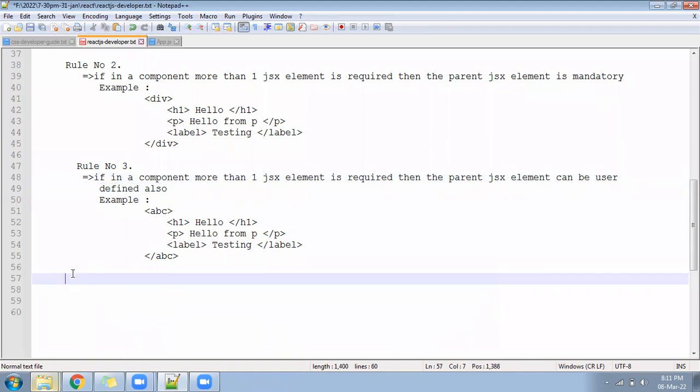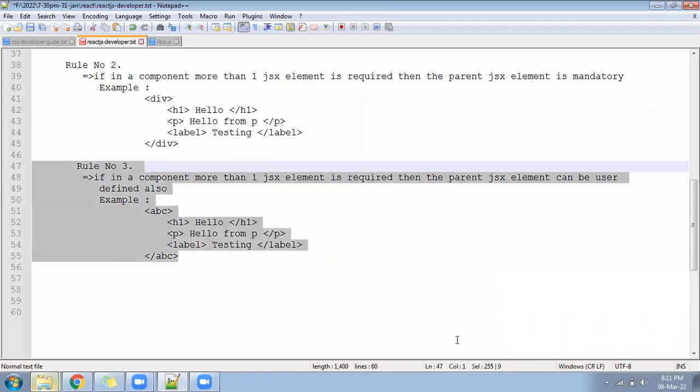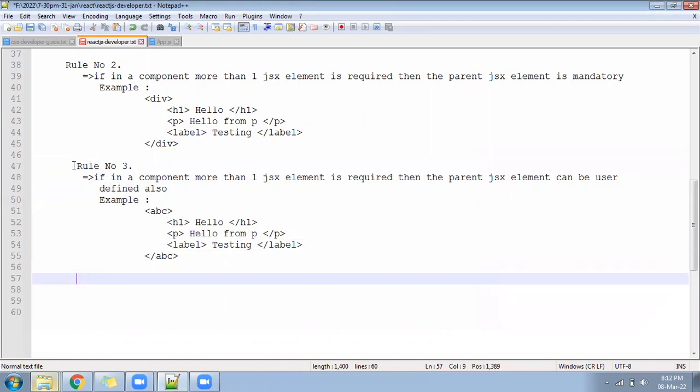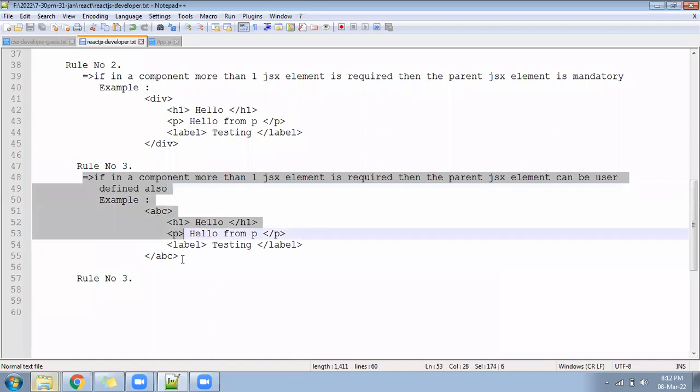Okay, so let's add this. Then I'll write that number 3. What is that? Okay, I'll share it with you in the chat and take it. Rule number 4 says, let me add here. Rule number 4 says, if in a component more than one JSX element is required, then